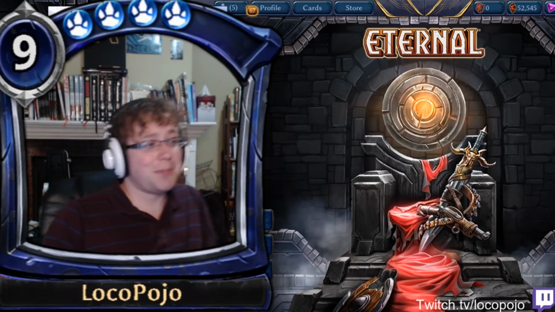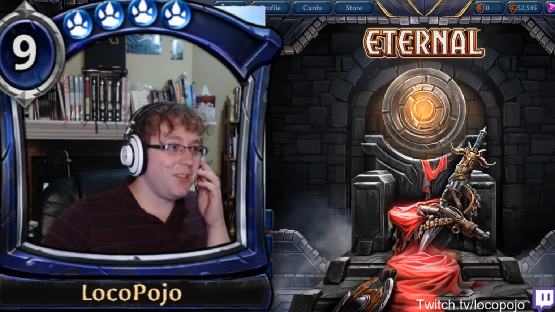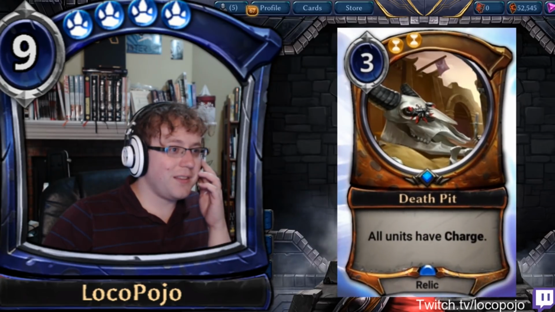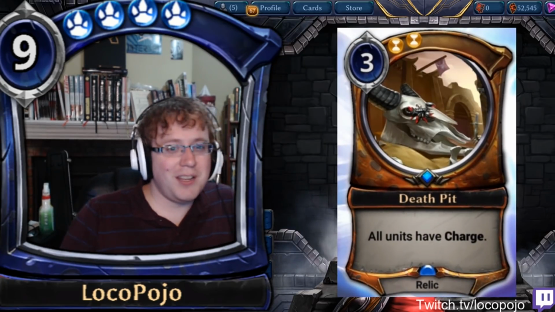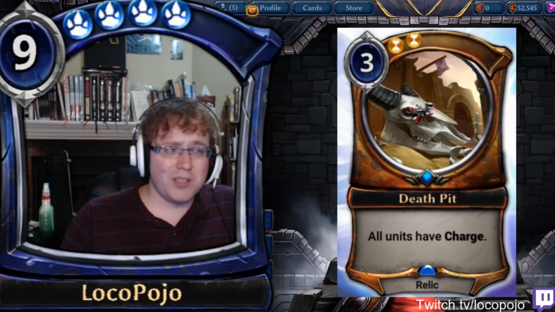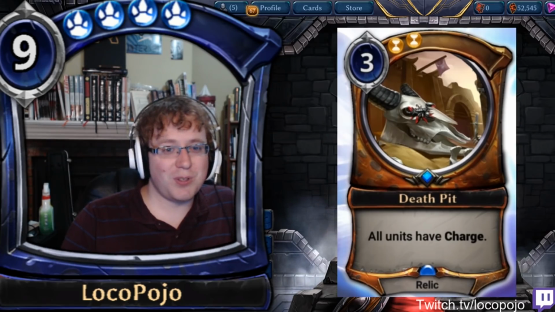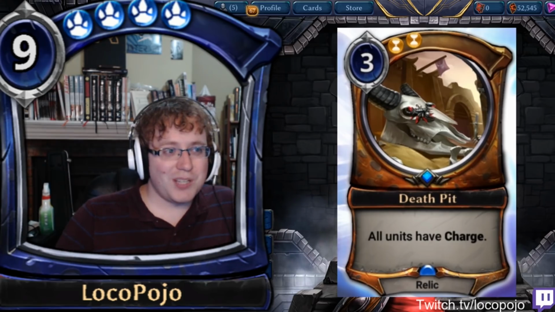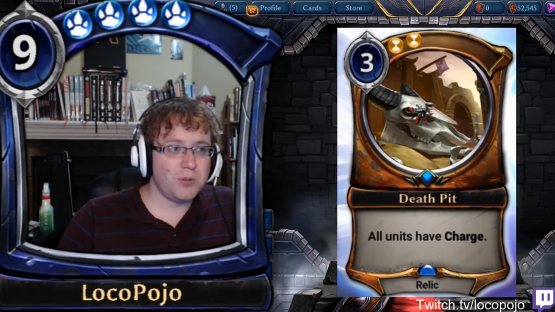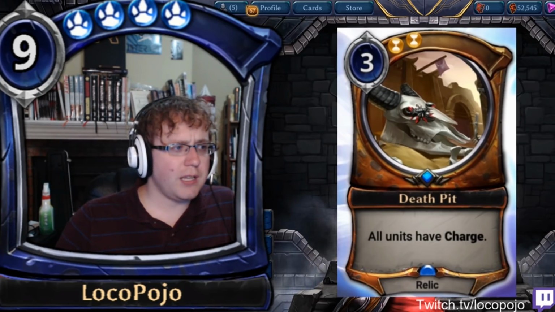Here it comes. Death Pit is a 3-cost relic that effectively says whenever a unit is played, it has charge. So you can attack with it and do some ridiculous nonsense. So it's a little bit faster than that at coming out. And overall, I think this card is really strong. Etched Monolith is an okay effect for way too much cost. This, however, is something that you can specifically do that will allow you to attack in with piles and piles of scary units, including all of your engines,